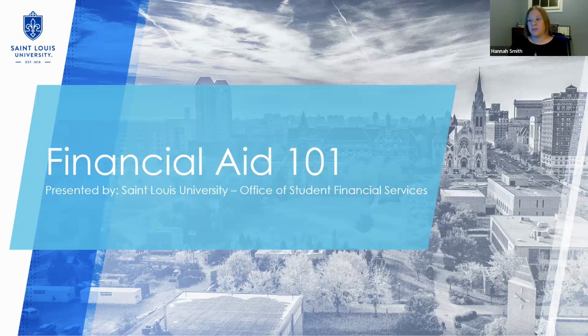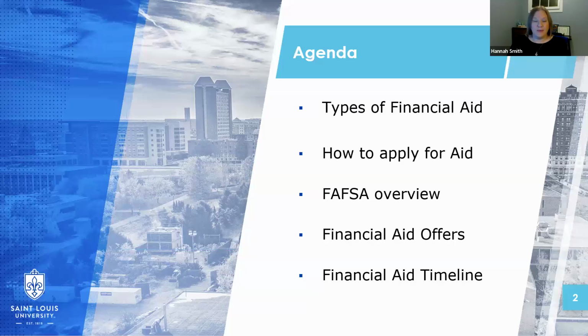So tonight we're going to go over a lot of general information about financial aid and the financial aid process. We'll talk through the different types of financial aid. There's lots of stuff out there that touts itself as aid, so what are we looking for? How do we apply for it? And then we'll touch with a little bit more detail on that Free Application for Federal Student Aid,